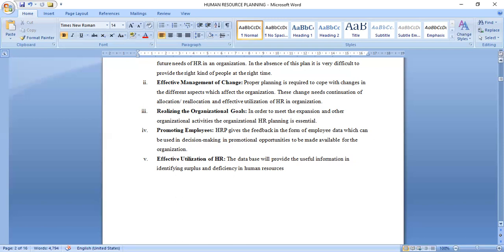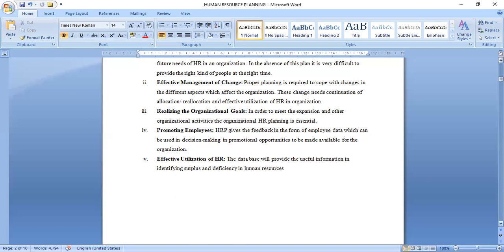So in that perspective, if an organization is expecting to expand and open up branches, of course, it has to plan for its human resource, and that's where human resource planning comes in, right? Such that it recruits the rightful employees or workers for those branches that it wants to open up, and realizes its goal of growth maximization, if that is its goal.